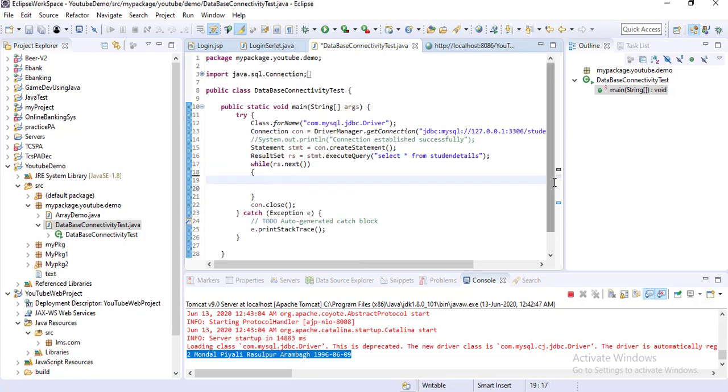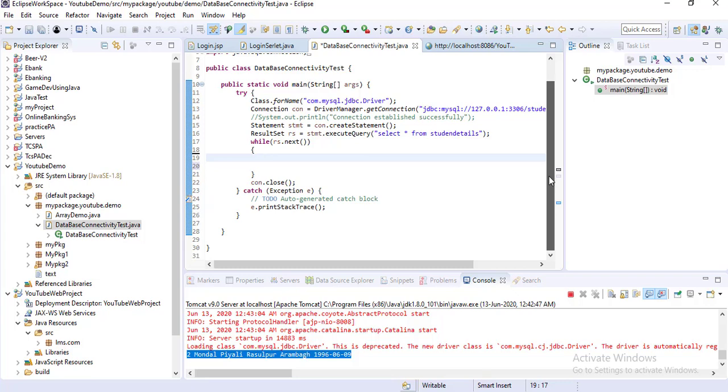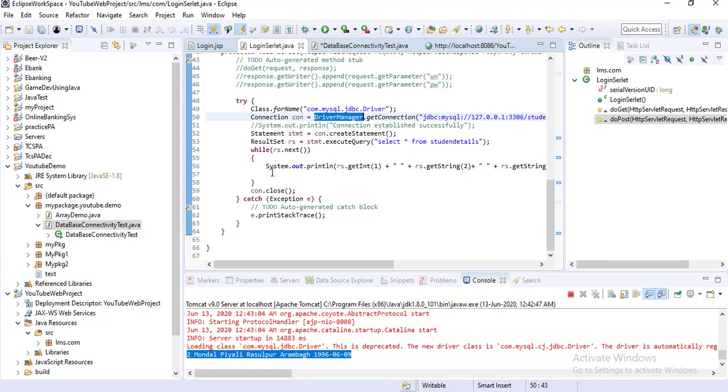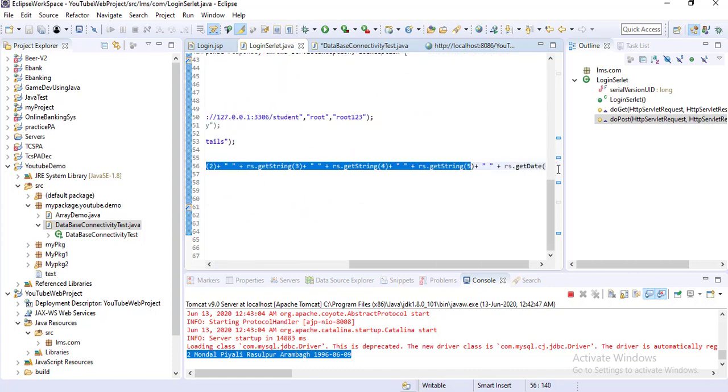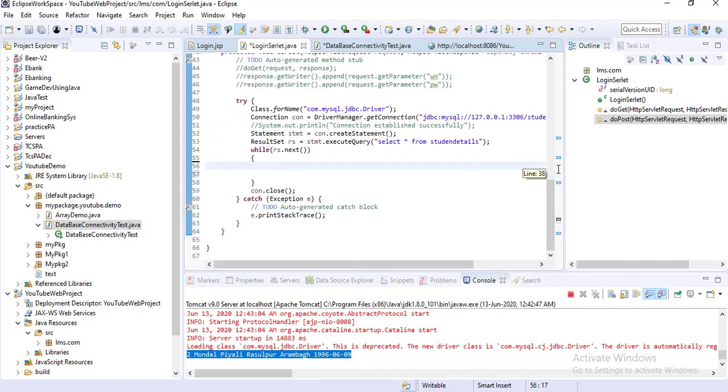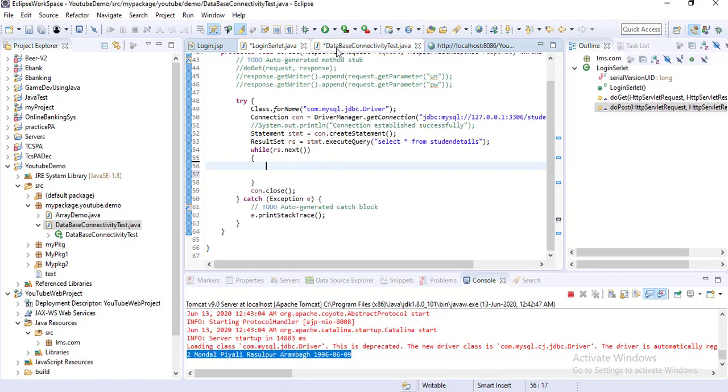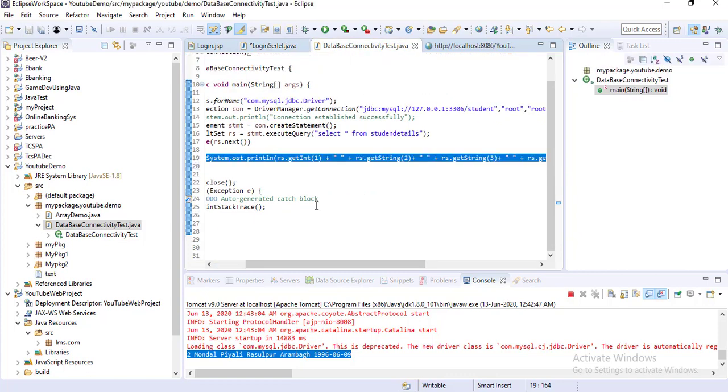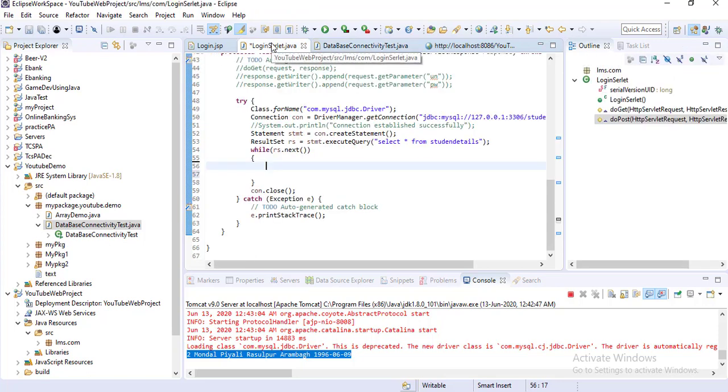How will you validate your credentials? Login, close this one.